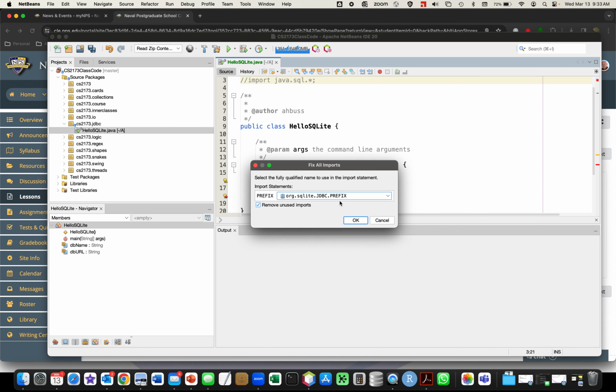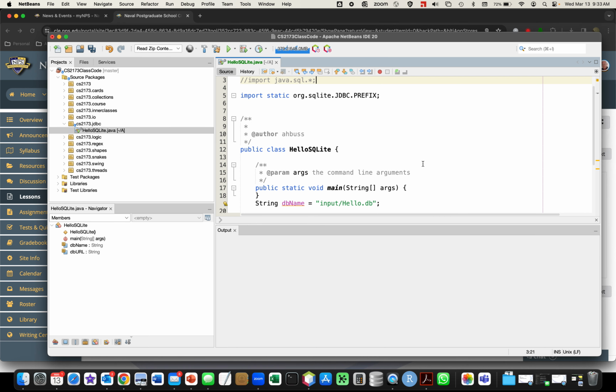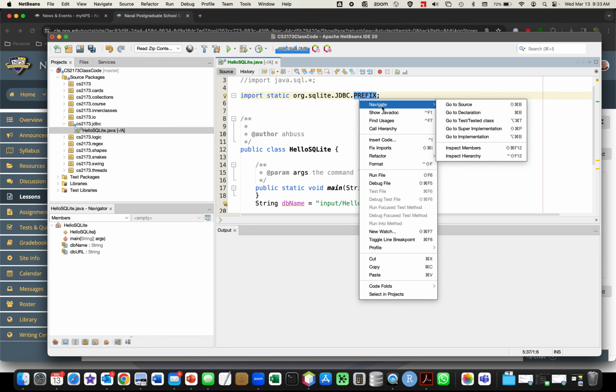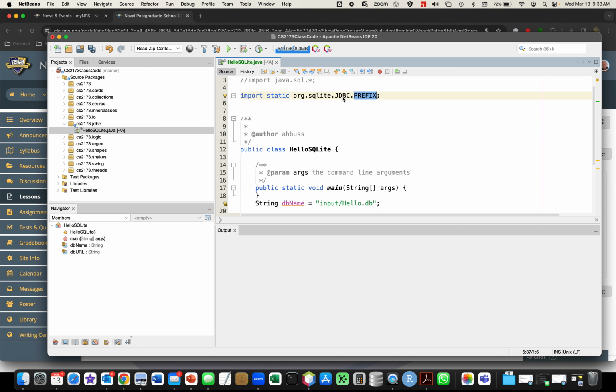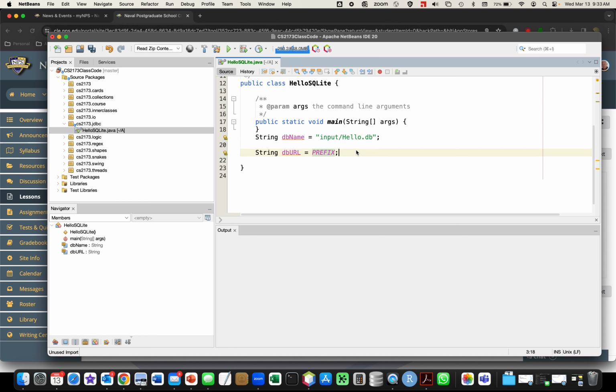Okay, now if I try to fix the imports, you notice the org.sqlite.jdbc prefix. And if we go and look at that, we see that is JDBC:SQLite. So that's kind of what that is. Okay, so now I'm just concatenating, this is the same as plus. So I'm concatenating the